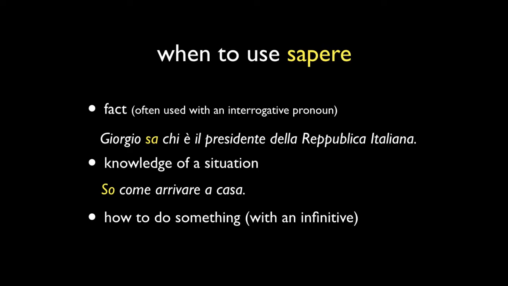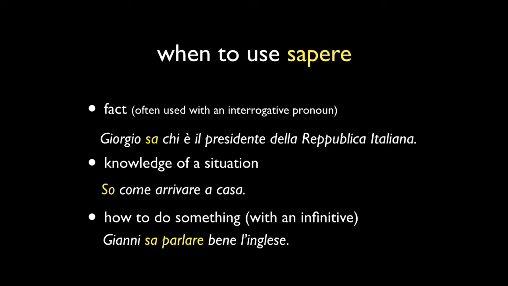And you can also use sapere in this very interesting, powerful way, which is to use sapere conjugated plus an infinitive. So in this case, Gianni sa parlare bene l'inglese. So Johnny knows how to speak English well. And you can use that with anything. Forse Gianni sa cucinare la pasta proprio al dente. He knows how to cook pasta. You could put in any infinitive there that you want, really, or that you can have knowledge of,